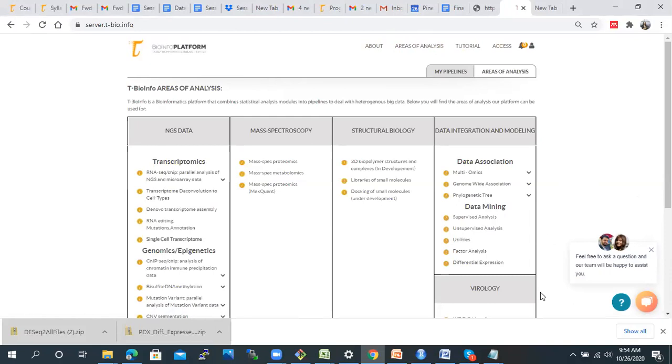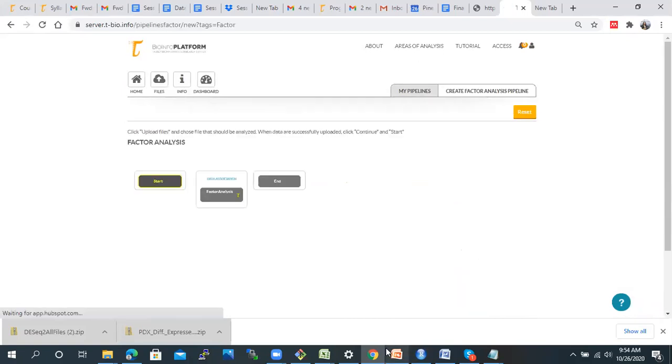Under the data integration, you will get an option, data mining. Under the data mining, you will get 5 sub options. Then click on the fourth sub option, that is factor analysis. Once you're able to do this, you will be directed to this particular page.